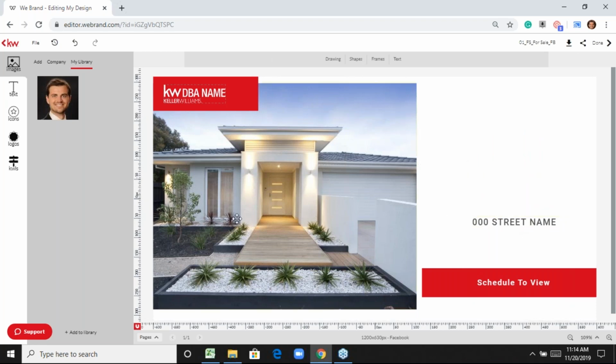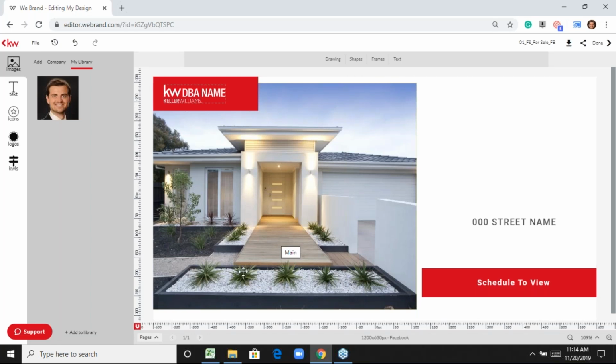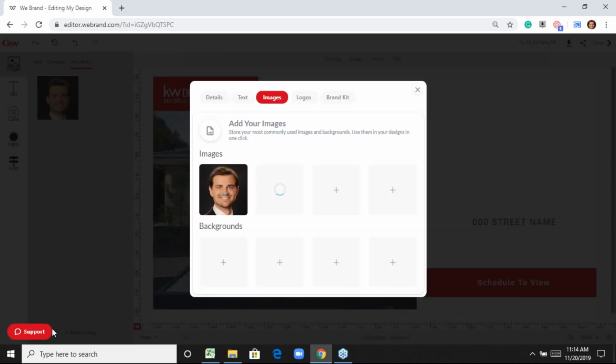Now, down here, it's kind of hidden. Bottom left-hand corner, there's a little button that says Add to Library. Everybody see that? It says Add to Library. So what you're going to do is click on this Add to Library button, and this is where you can go in one time and put in your headshots and your text and your